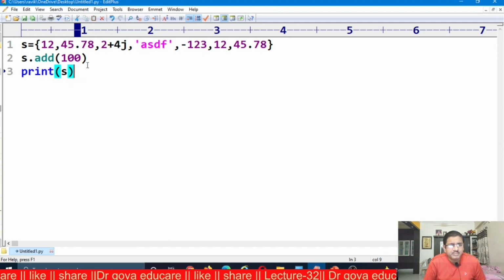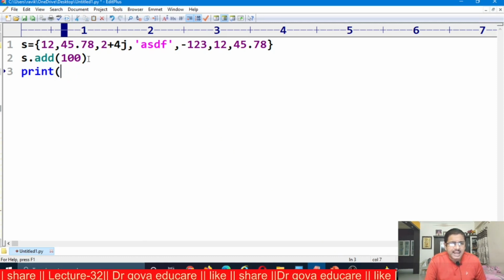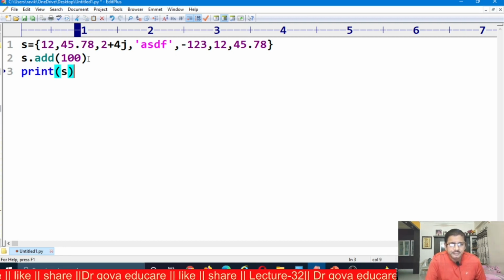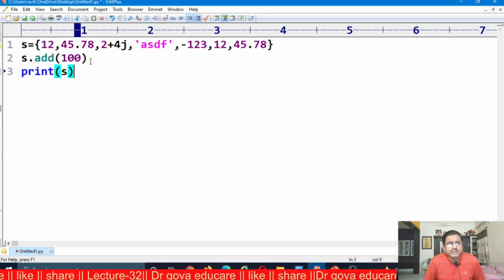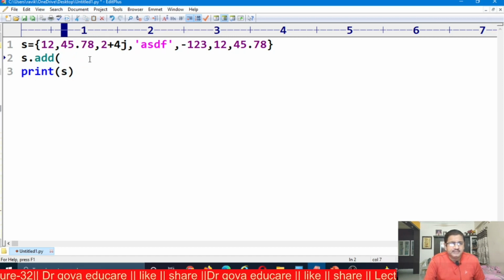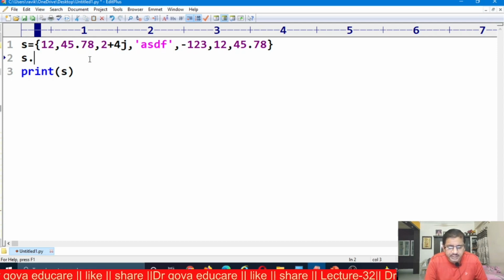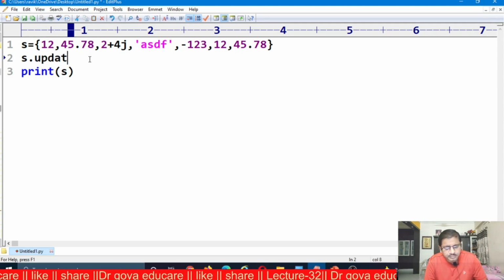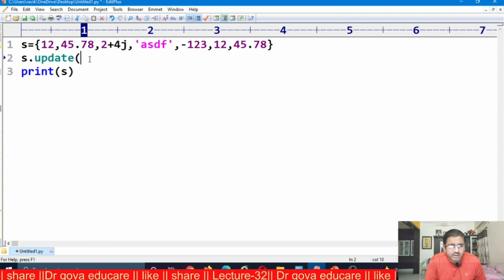Similarly, the update method. Now I want to add a group of elements, more than one element, into the set. I am using the update method, that is s dot update of.